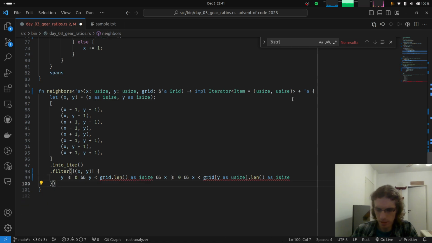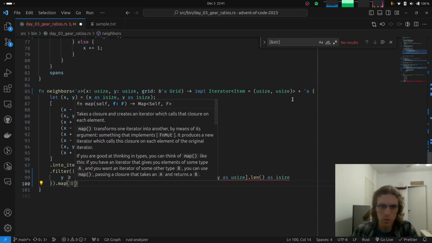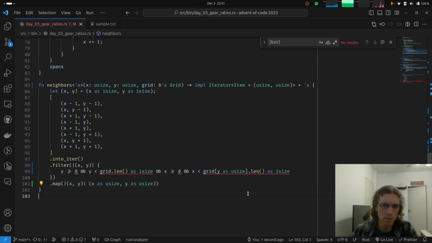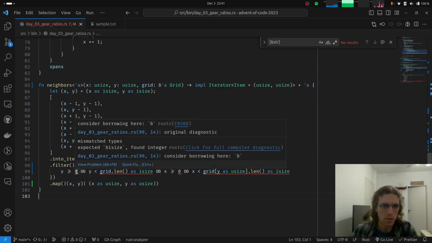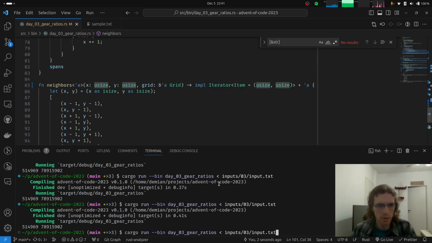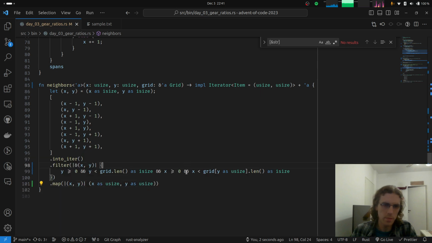So filter by this condition, and then map to this x, y, as you say. So this should, I think, be the same, but no. Oh yes. This should still be the same, I think. Yes, it is. And I think it's better than before. And this is a filter, right? So